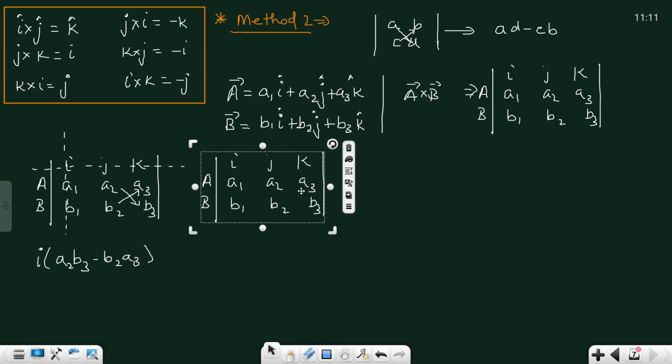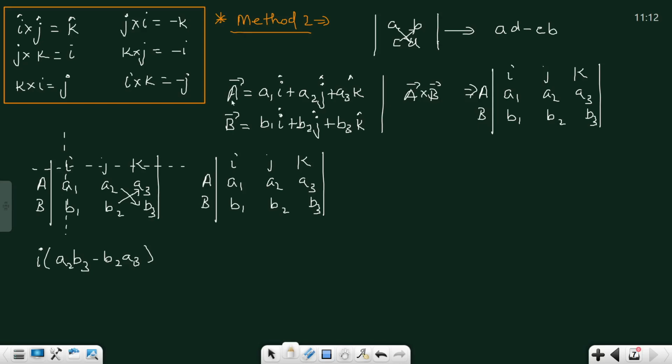Sir, I cannot understand this part. Beta, we are applying the determinant method. This is a concept of mathematics, but you have to apply it here. This we call the determinant method. This is the derivation. If you are able to get the final formula, that is sufficient to apply in the question. So we are writing the vector in determinant form. This is very simple.